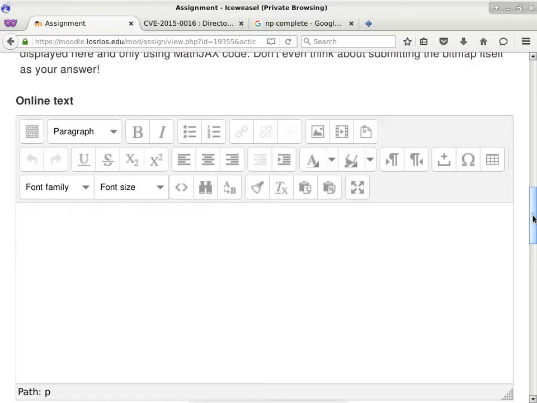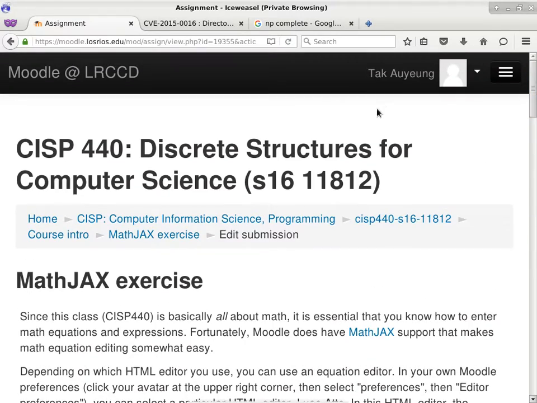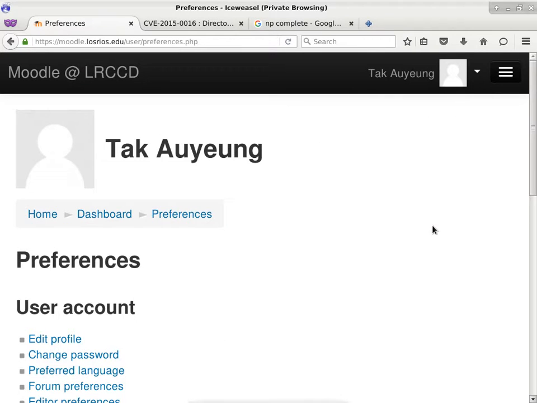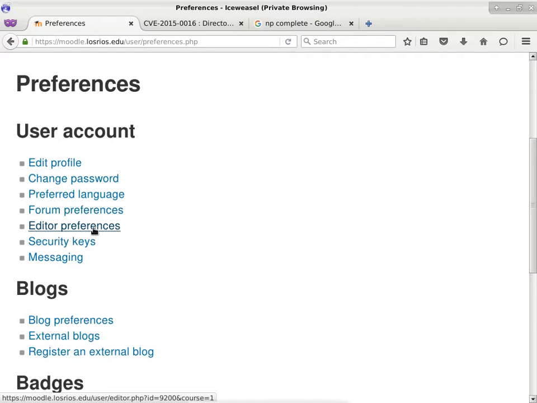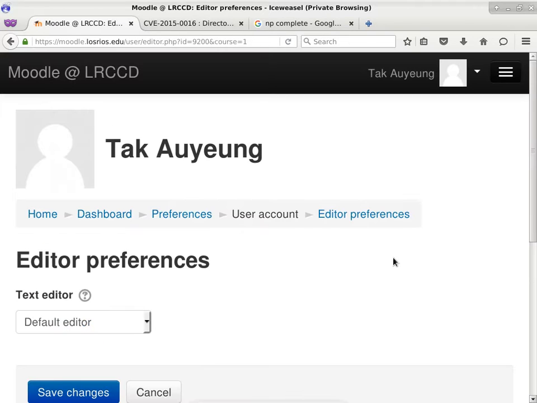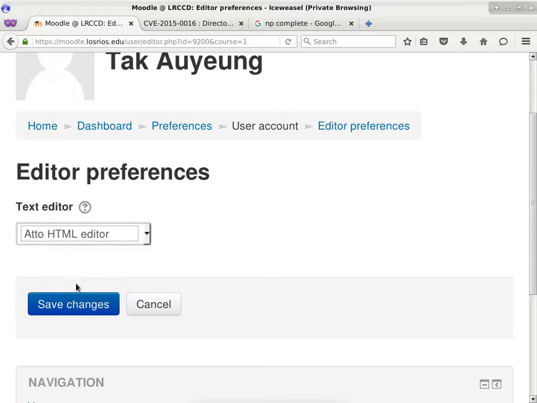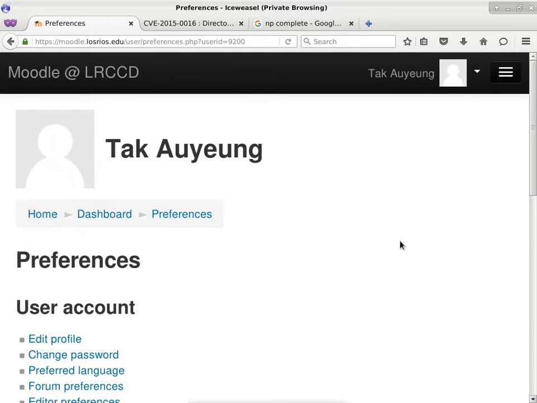Okay, so if this is the wrong one, how you can find out which HTML editor you're using is to go all the way to your name, click on it, go to Preferences. In Preferences, you will see Editor Preferences. Click that. And inside here, it will show you one of the 4 choices. Default is TinyMCE HTML editor, which is not the one that you want to use. Not that it cannot work, it just doesn't give you some of the tools that will make this transition easy. So if you want an easier transition, you want to go to ATTO HTML editor, save changes, and I can